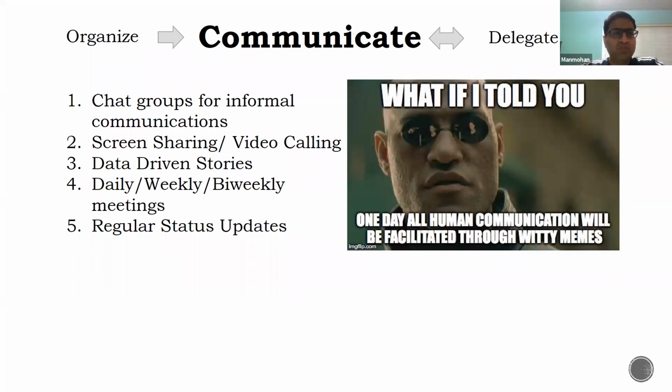Now, once you do that, the other component is the data-driven stories. What I mean by data-driven stories is that till now, what we have been doing is keeping data separate and communicating your vision, which I call stories, separate. But creating these data-driven stories together, where you are communicating your stories through the data, creates a big impact on